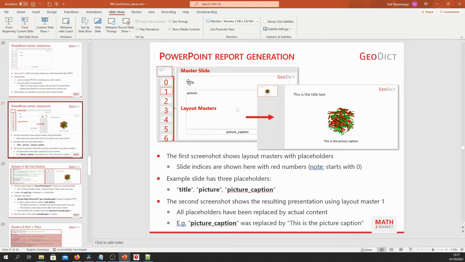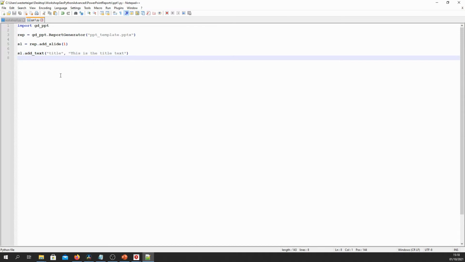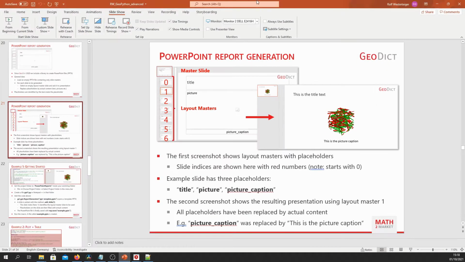Normally it says put some text here or something, so it doesn't have any meaning usually. But here you have to give a keyword in your layout masters, and this is what will be used to address these individual design elements from within Python. So it's title, picture, and picture underscore caption. These are the three elements that we need to replace.